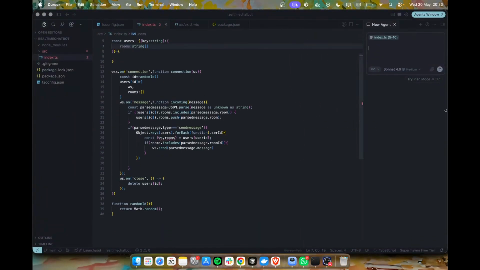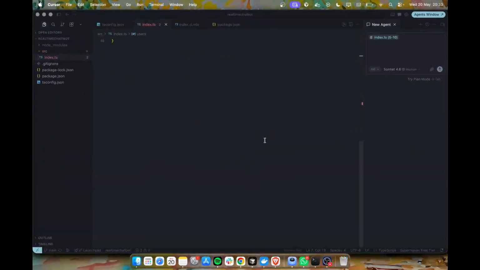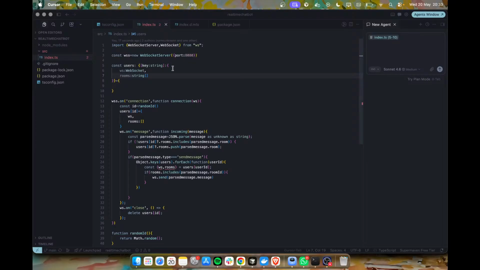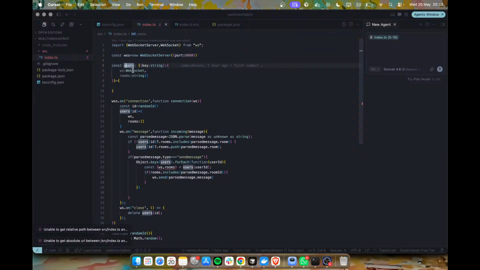Right now I'm using Cursor because I figured it would be difficult to do it on my own. So this is Cursor, a very small bit of code, but still highly complex. Not right now, but further on we'll see how it gets complex. This is me initializing a client of the WebSocket server. This is an empty in-memory variable, users, which is an object which will contain a WebSocket